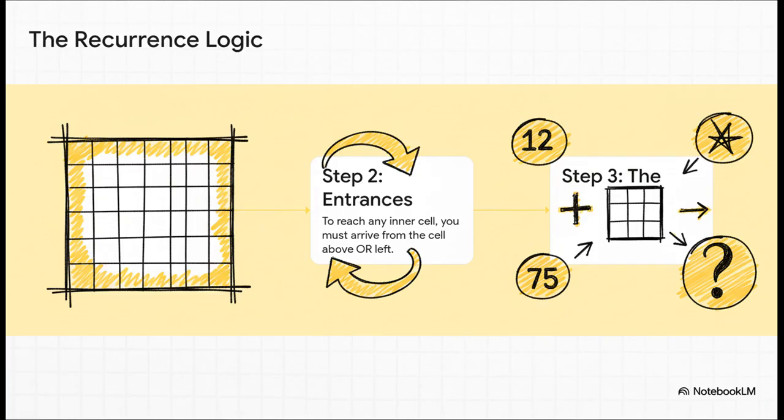Now, for any other square in the middle, how could you have possibly gotten there? Well, you had to have come from either the square directly above it or the one to its left. That's it. So the total number of paths to a cell is just the paths from the top plus the